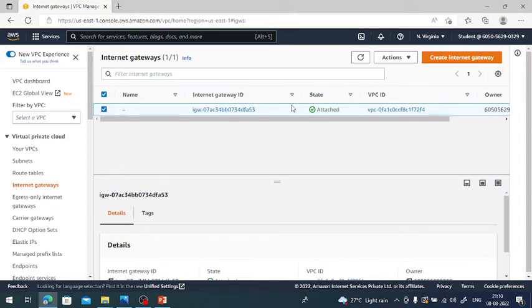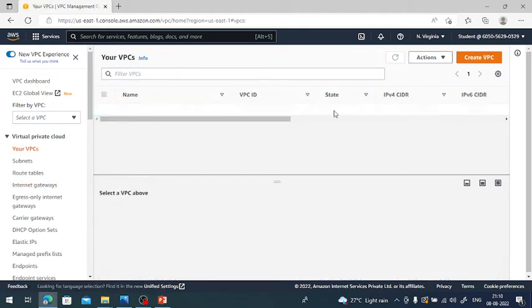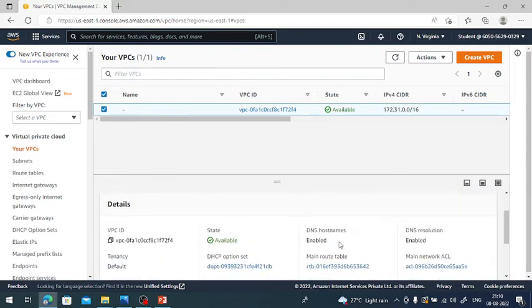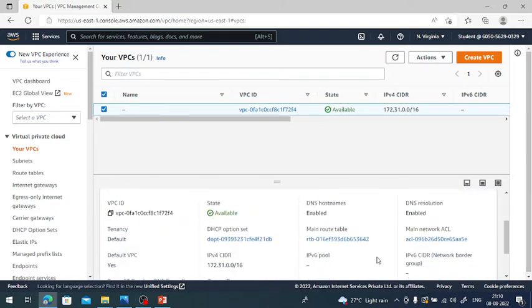This is the default, and the same internet gateway is attached to your VPC, as you can see. You can also check here in the VPC section whether the internet gateway is attached or not. Just select this one, and you can see here